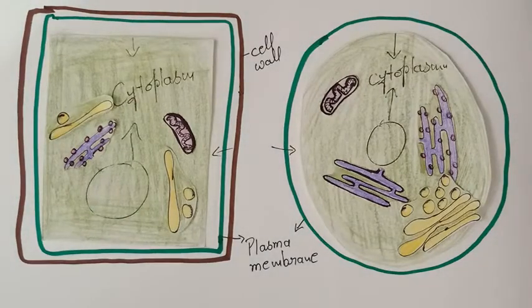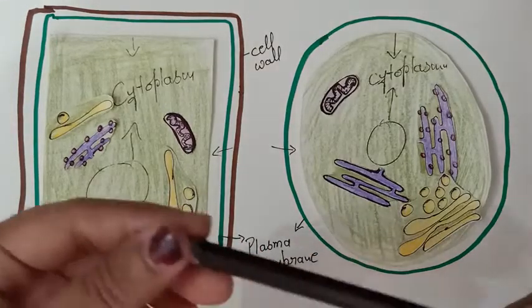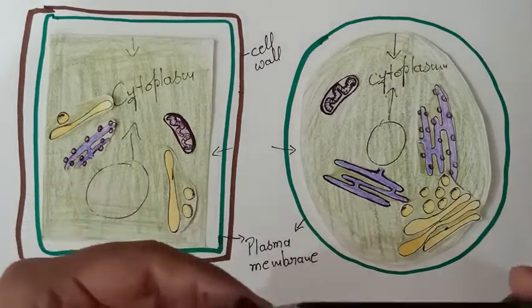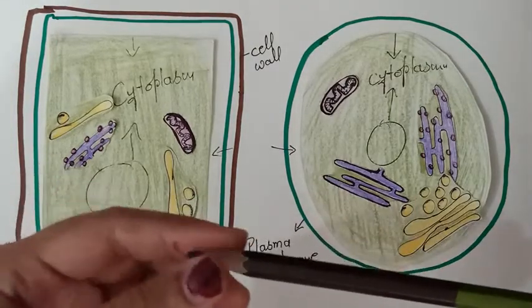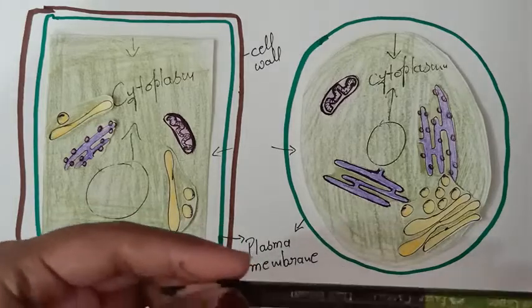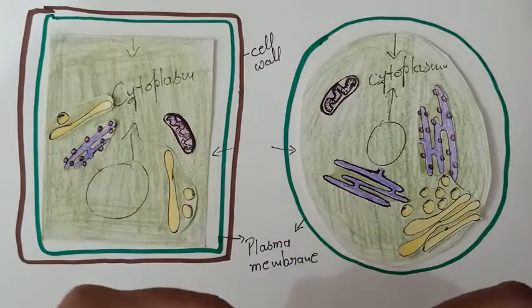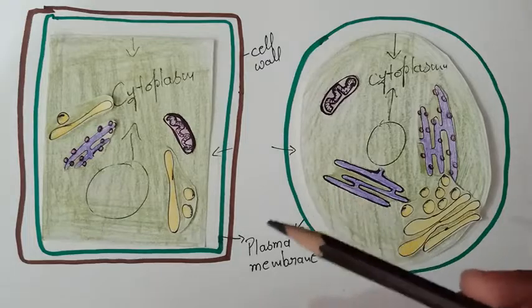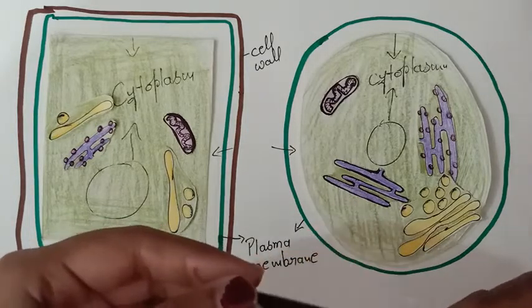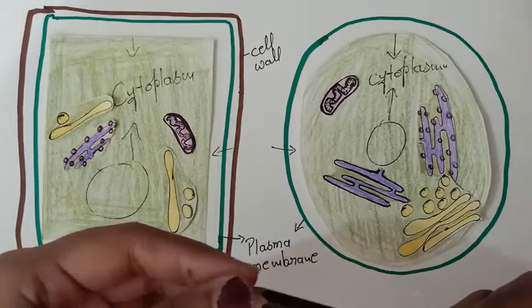Now next thing is microbodies. They are small spherical or rounded bodies bounded by a single unit membrane. Each type of microbody is associated with some specific enzyme. The most abundant and important microbody is lysosomes. Okay, they are small vesicles scattered in the cytoplasm and they are known as the suicide bag of a cell.